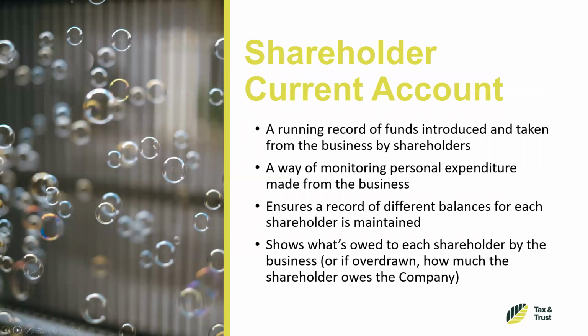So the shareholders' current account records all funds introduced to the business by the shareholders. It can be taken out of the business as drawings. It helps you monitor your personal expenditure made from the business. That is something that we have to discuss with our clients. Sometimes we really prefer you to be on wages and then use those wages, which are tax paid already, to run your personal life. If you're constantly dipping into your business to pay for personal things, there's a huge chance